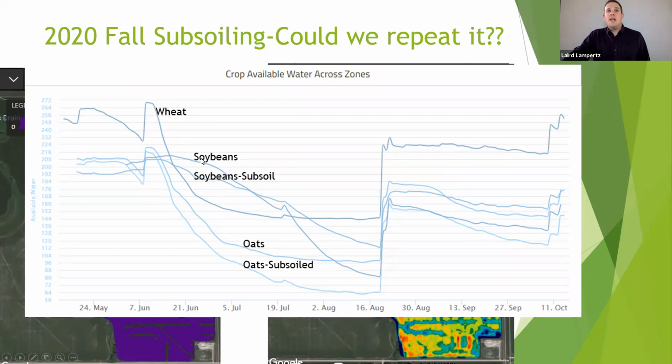Then we reached a period where the soybeans that we did not subsoil actually were able to dry out and pull more moisture, assuming from deeper down in the profile than where we subsoiled. And then on August 20th, we had 2.5 inches, which recharged our subsoil to some extent. On the oats,